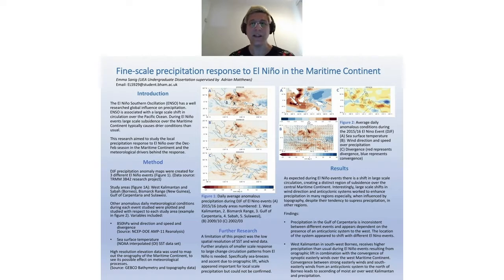We also have a question from Tom here. How do you define the similar scale? So I used the Oceanic Niño Index, which looked at El Niño events and La Niña events in terms of sea surface temperatures. So it's how big a difference the effect was on the sea surface temperatures. So they sort of matched them up in terms of strength.